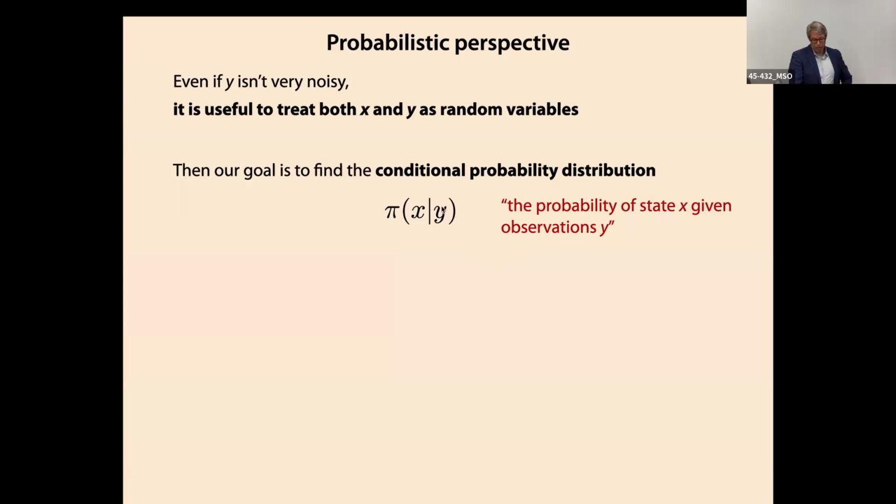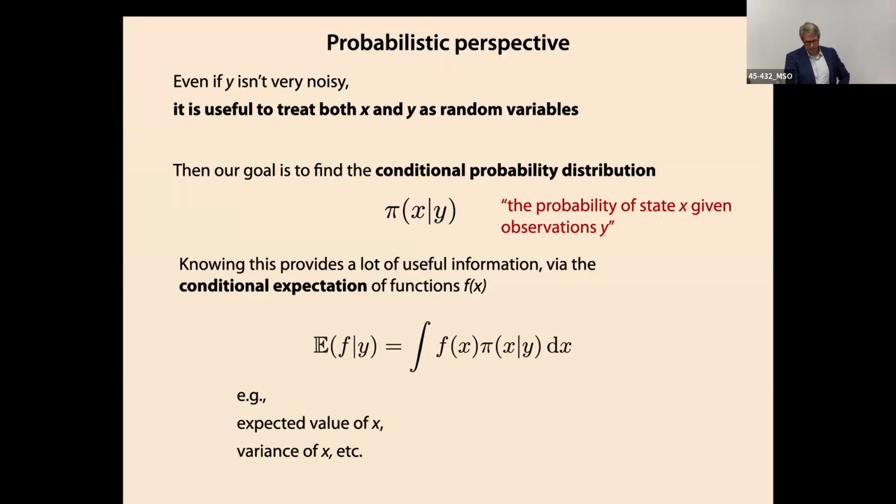So these sensors are noisy, okay? And that means that X itself is also uncertain, right? There's randomness in there. Okay, so this is our goal. We want to find that probability distribution. And if I have that, then I actually have all the information I could possibly want. Getting this conditional probability here is basically the whole thing, right?